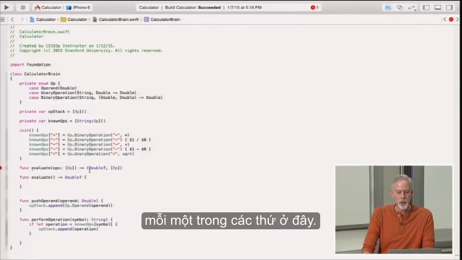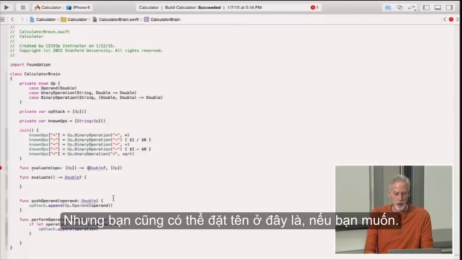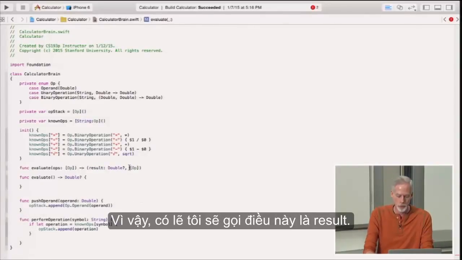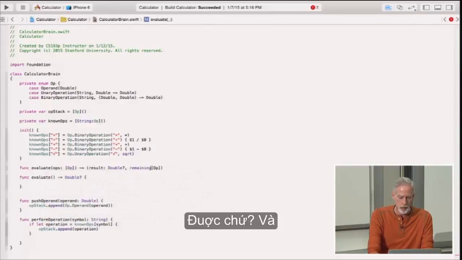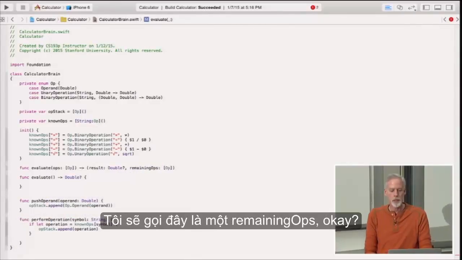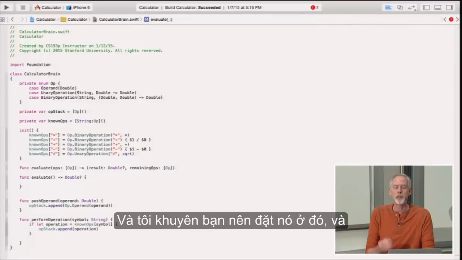But you can also put names in here if you want as well. So maybe I would call this one the result, okay? And I would call this one remaining ops, okay? And I kind of recommend putting those in there, and you'll see why in a second, because there's two ways